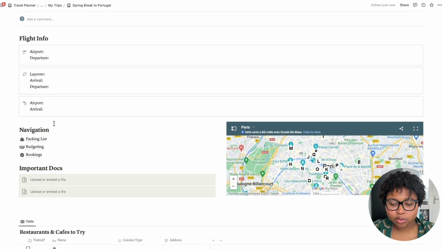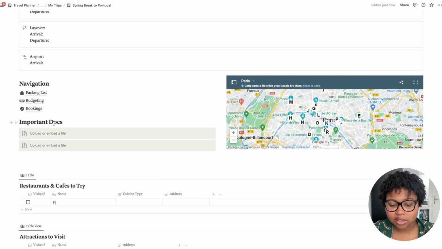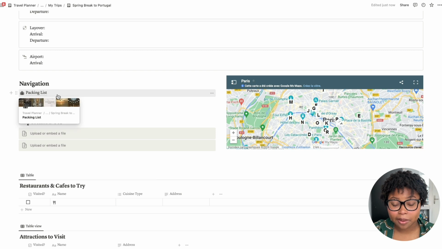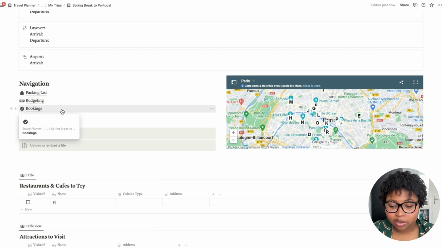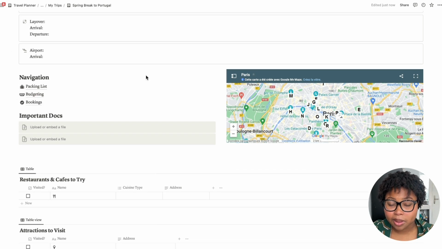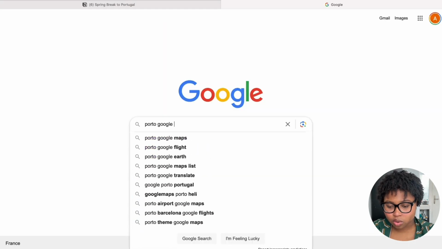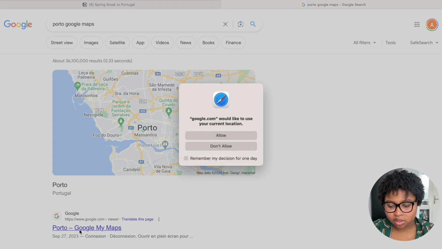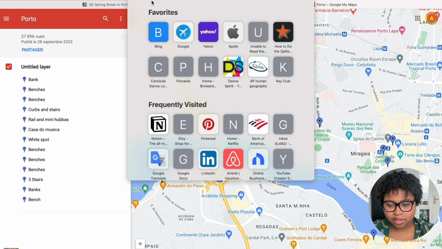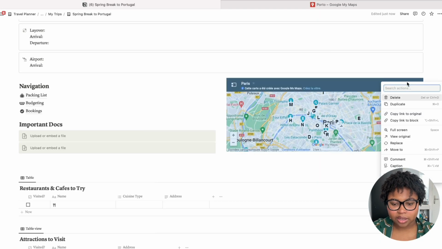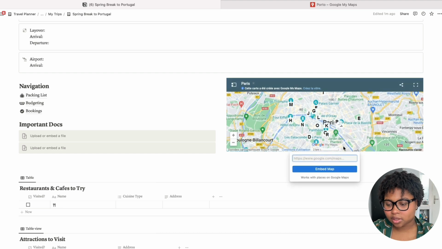And then scrolling down, you also have these 3 links. I'm gonna go into them in 1 second, but let me continue on this page specifically. You would embed any of your important documents like passport, visa. That's super important to always have on you when you're traveling in Europe. And then you can also change the Google Maps link. Say I search up Porto, Google Maps, then I would simply copy the link and replace the Paris one that's